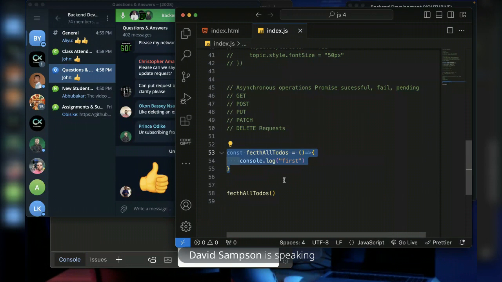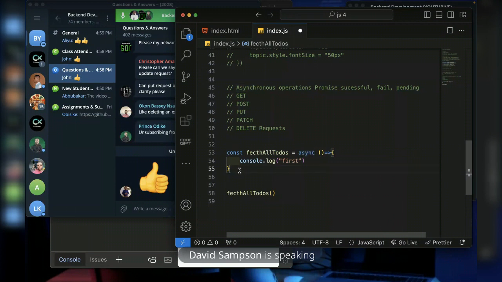But for functions that make requests, you wait for the response from the backend. The backend is either going to tell you that the request is successful, failed, or still pending. Because it's different, you have to indicate here that this function is an asynchronous function by adding the keyword async.